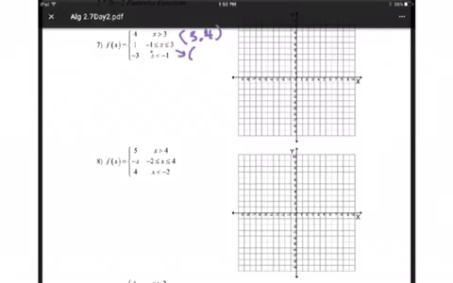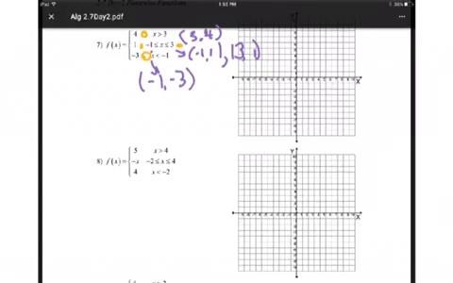For each endpoint, I've got -1, 1, and I've got 3, 1. There we go. And then this one here, if I plug in -1, I get out -3. So I've got an open circle on the first one, 2 closed circles,